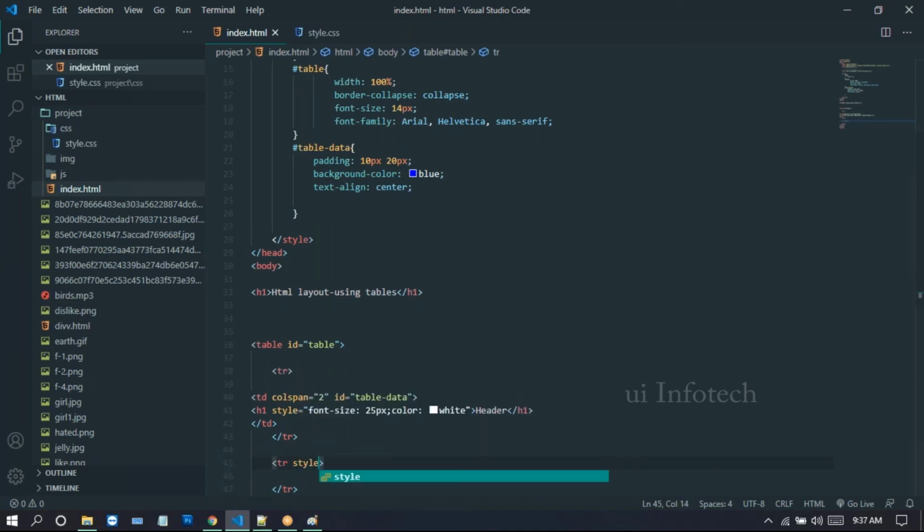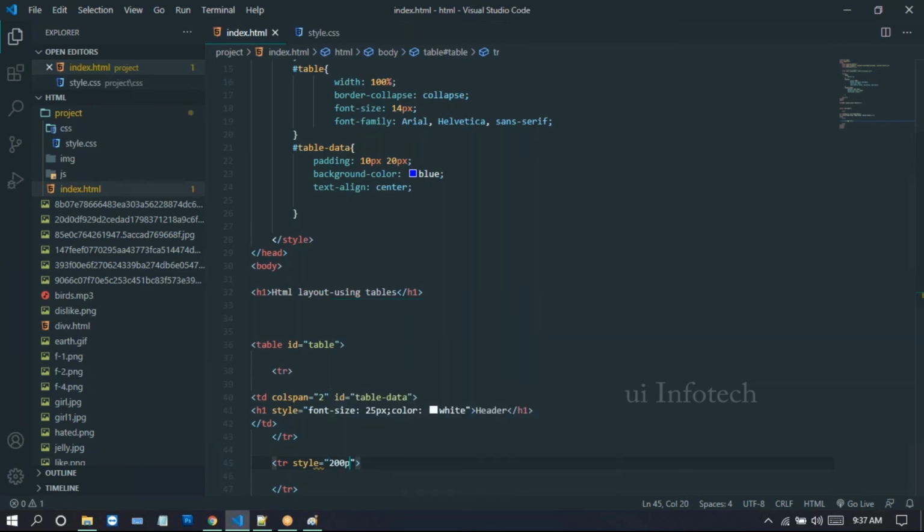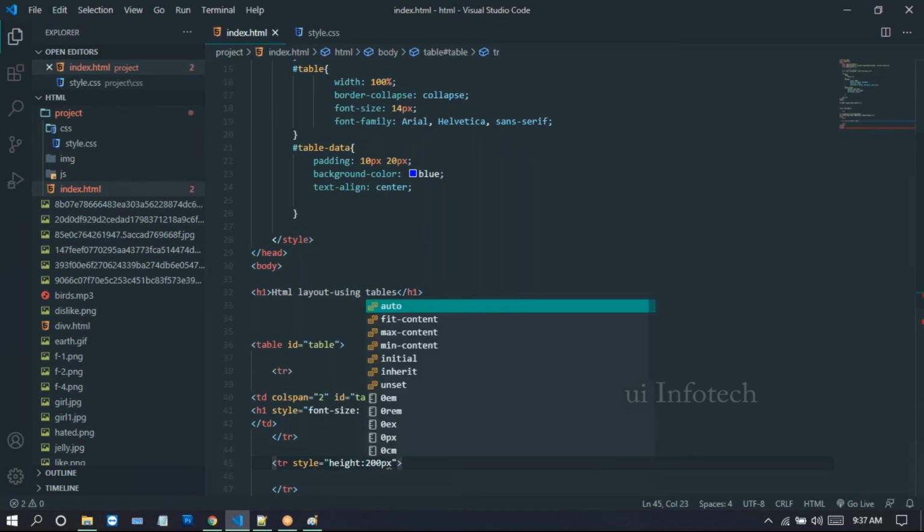For this tr, I'm taking 200 pixels as the height here. So height 200 pixels.